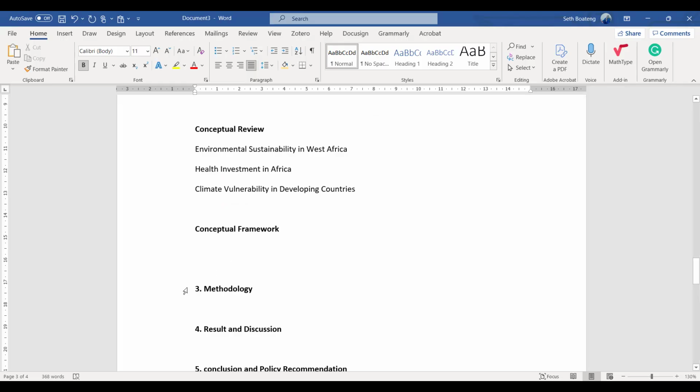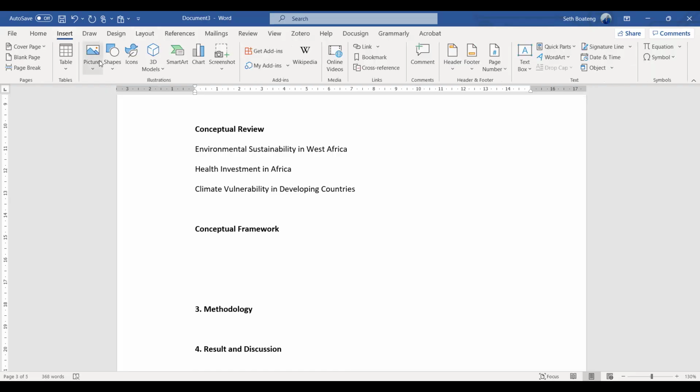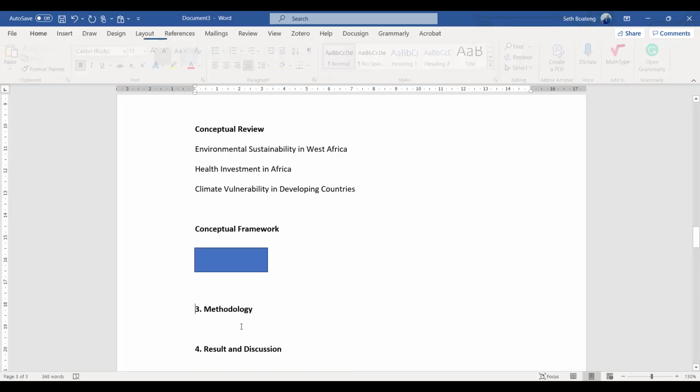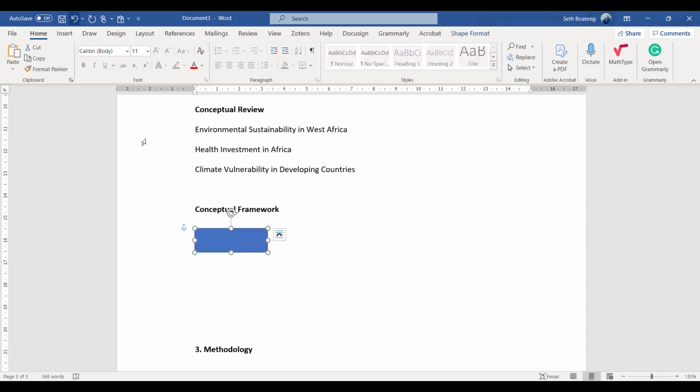So let's see if we can visualize this work. I think our time is going, let me make it fast. Let's see if I can. Our dependent variable is 3.